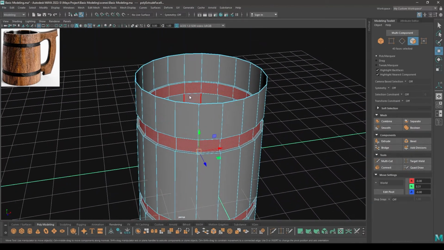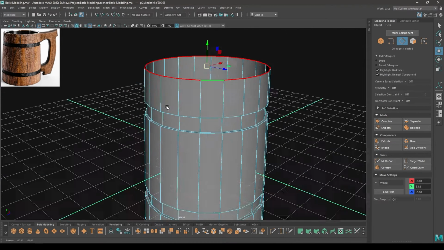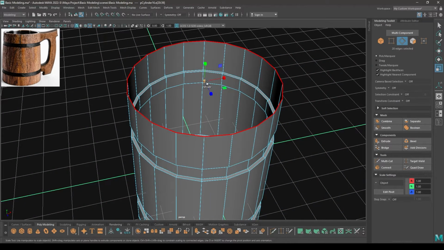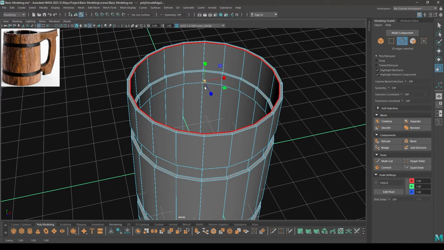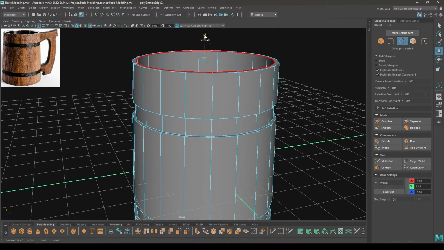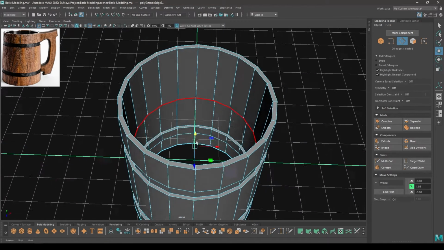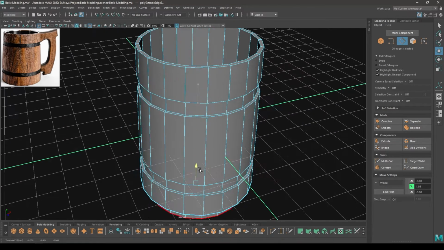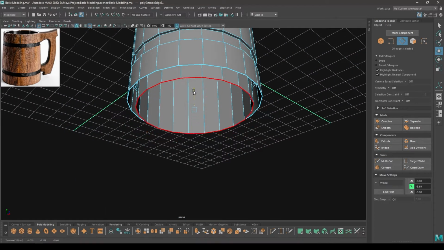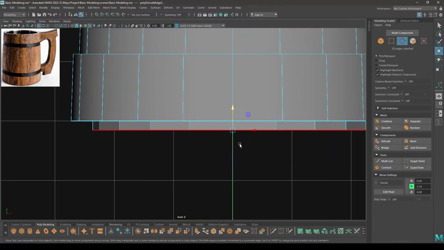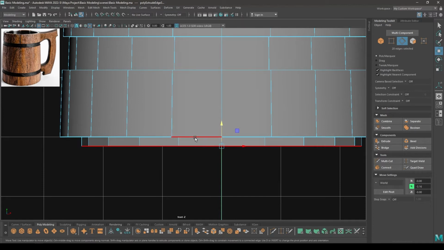Now what we can do is go to edge mode again and select these top edges. Then press shift and scale them to add some offset like this. And then extrude. Pull these edges down. Go to front view and align them with this edge here.